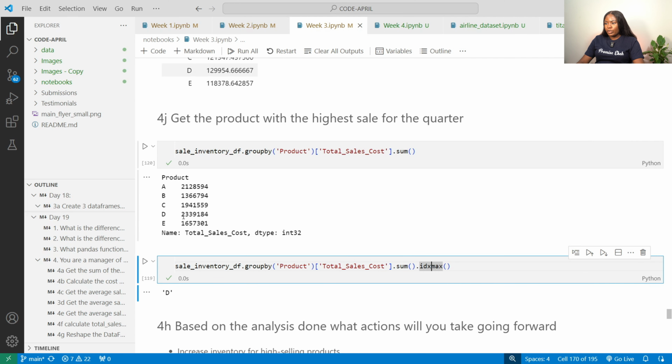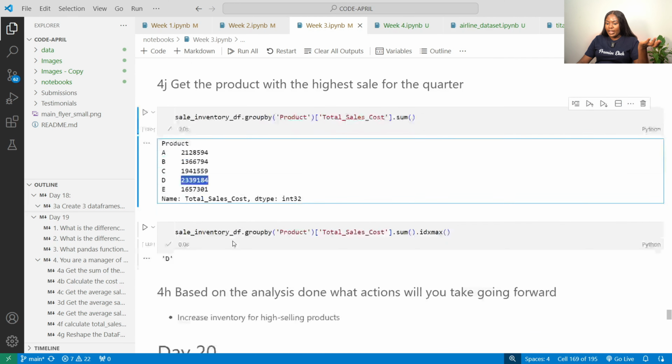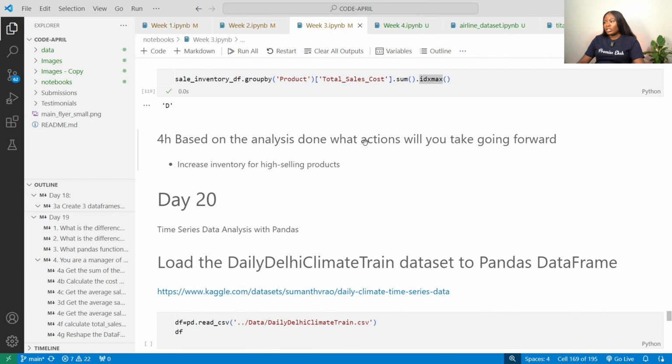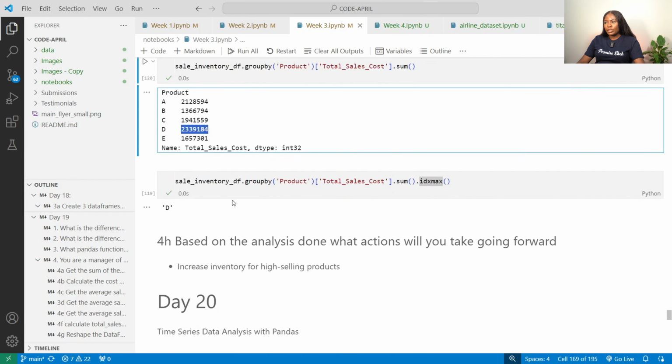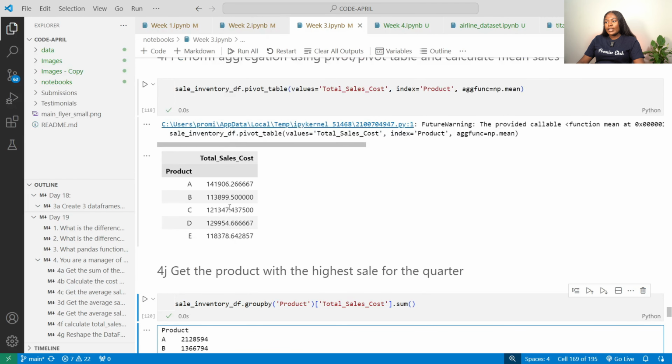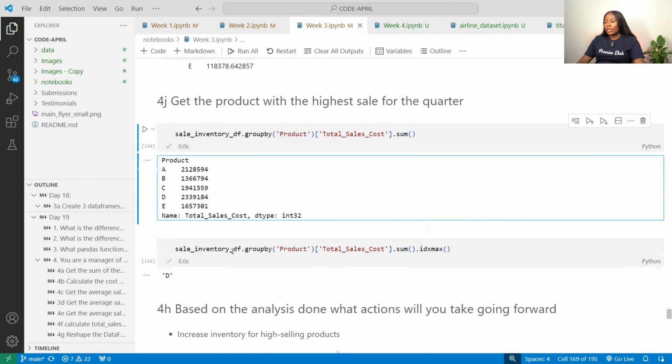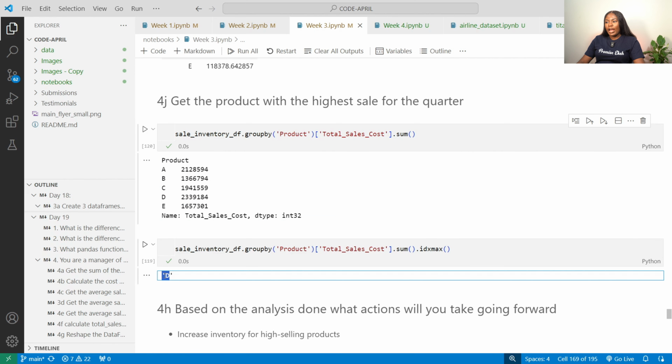The max ID is product D. So product D had the highest total sales for that month. Okay, based on the action, what would you take going forward? So there are different things you can do as the manager of the store. For example, in this case, product D has the highest growth, so you want to focus more on